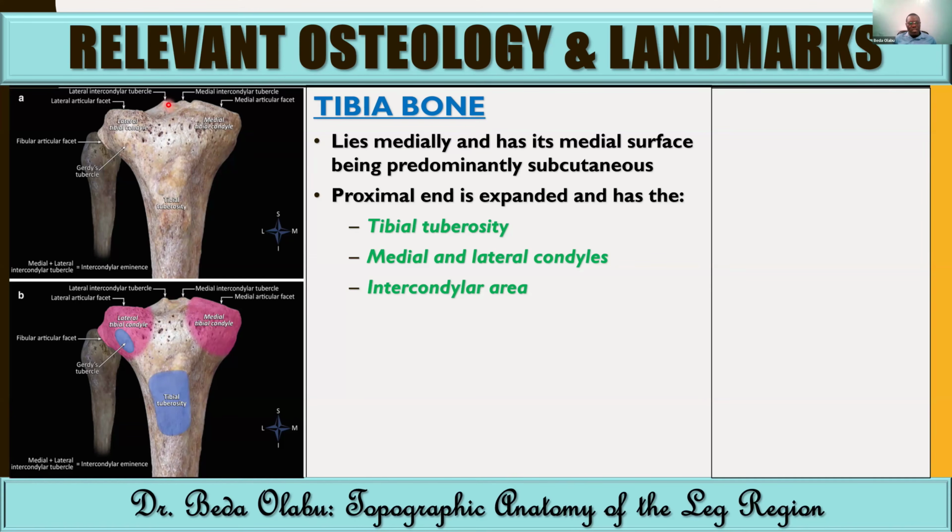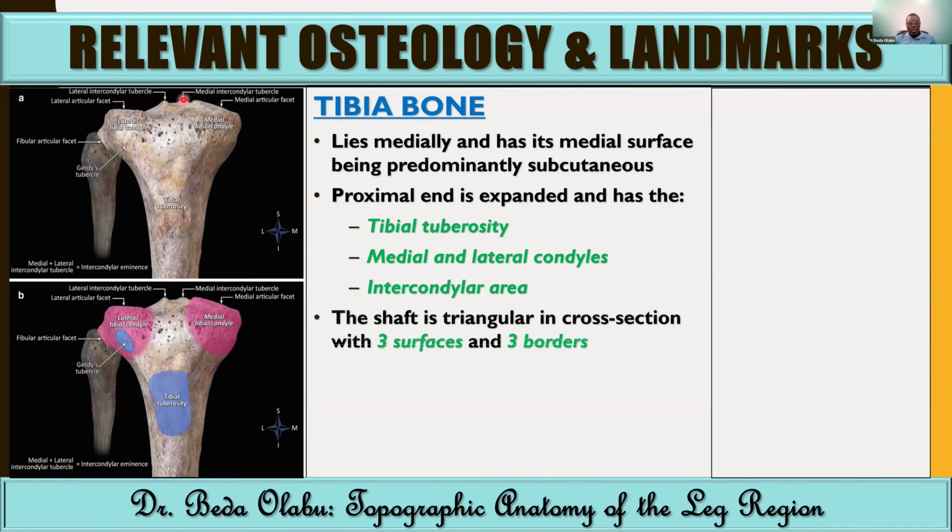So we have the lateral intercondylar tubercle and the medial intercondylar tubercle. So that would be the proximal tibia,